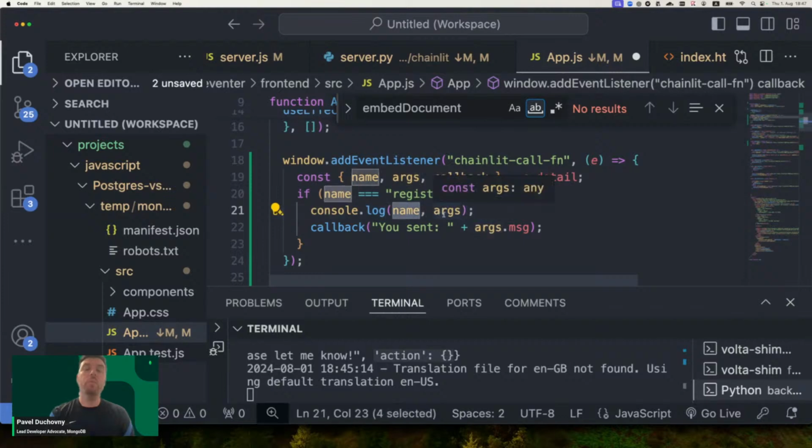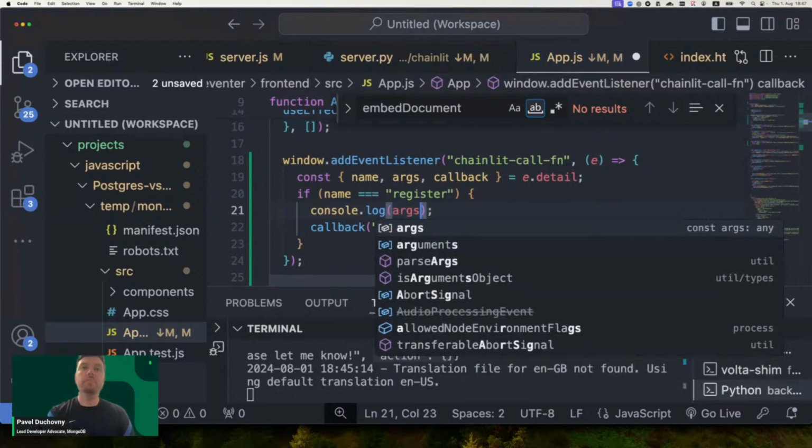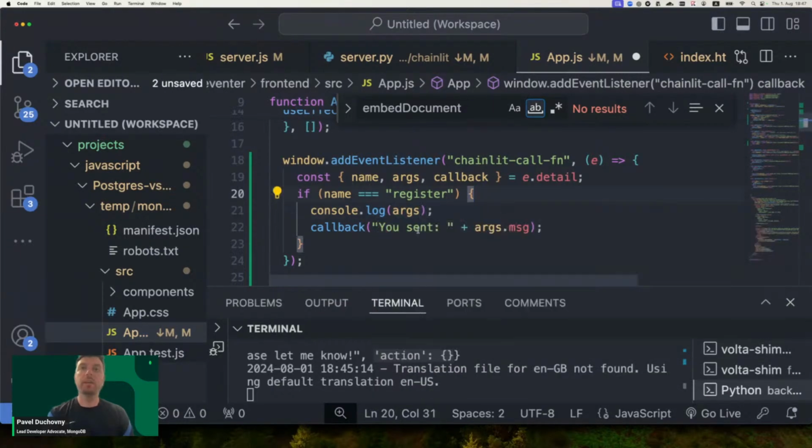And now we can actually get the args and print them, and then say, you tried to register to event with ID,